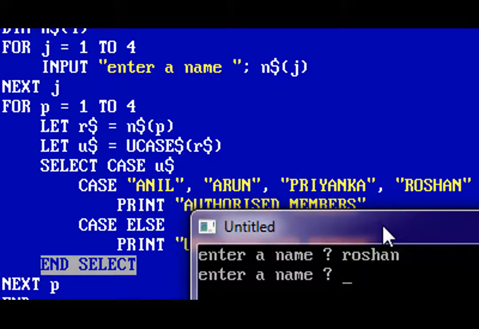As I have said here, let U dollar equal U cash dollar R dollar. If the R dollar is already capital, no problem, it will remain capital. If the letters of the word are not capital, then it will make them capital. And if some letters are capital and some are not, then it will capitalize all the letters of the word.